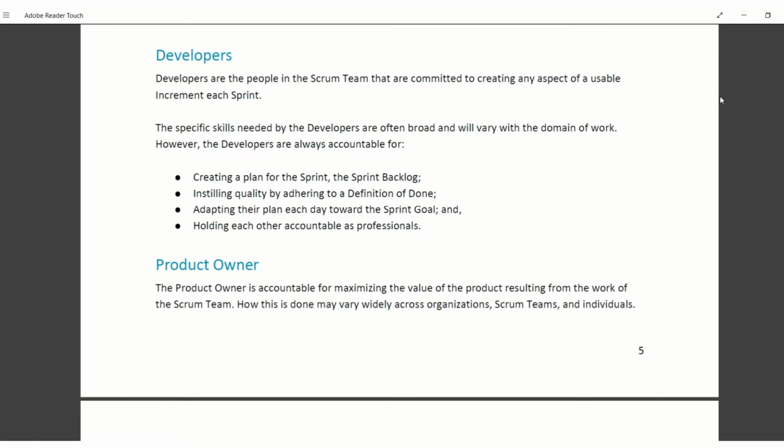However, the developers are always accountable for creating a plan for the sprint, the sprint backlog, instilling quality by adhering to a definition of done, adapting their plan each day towards the sprint goal, and holding each other accountable as